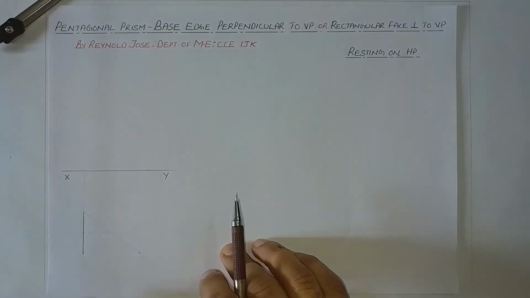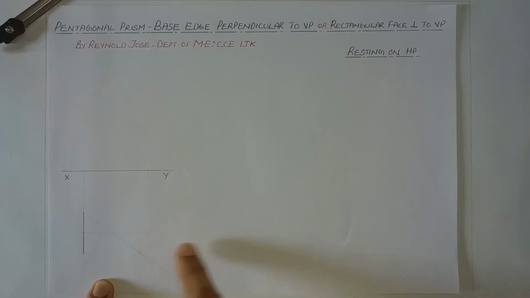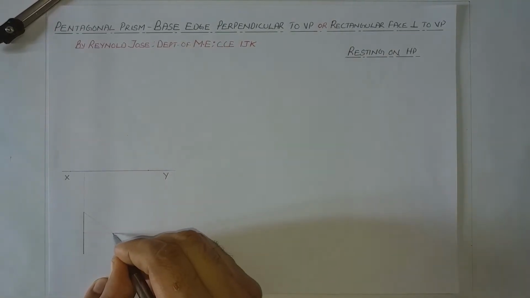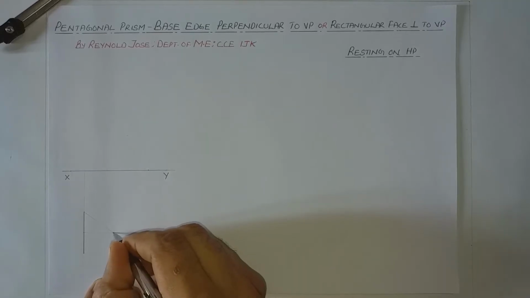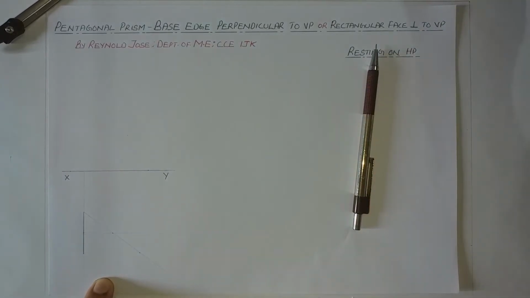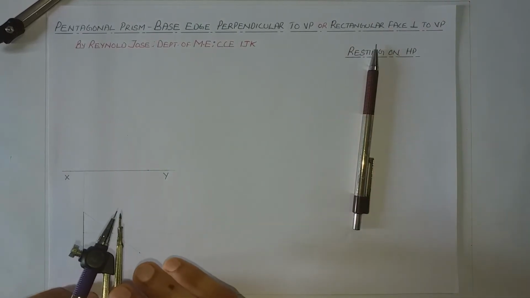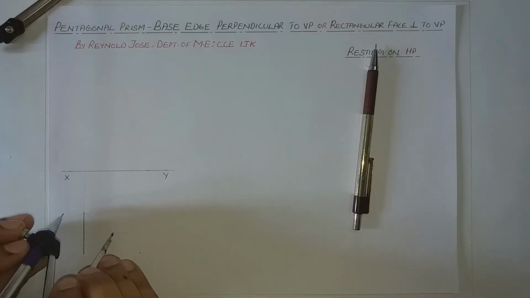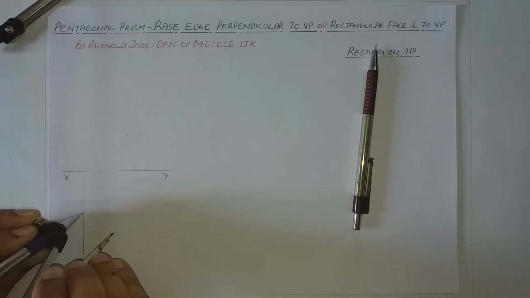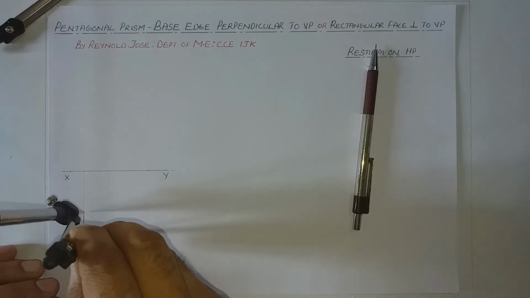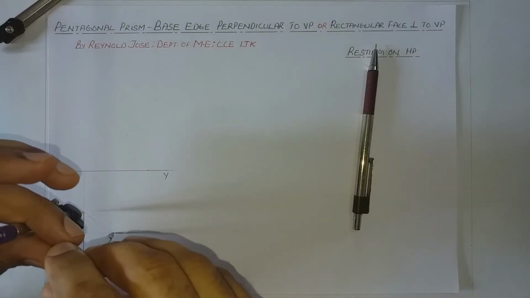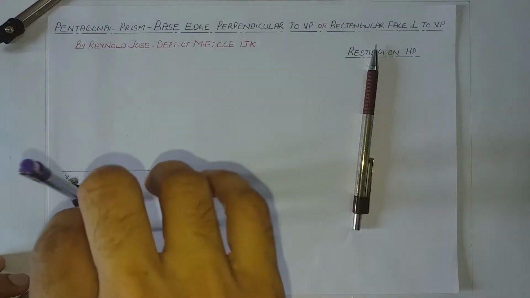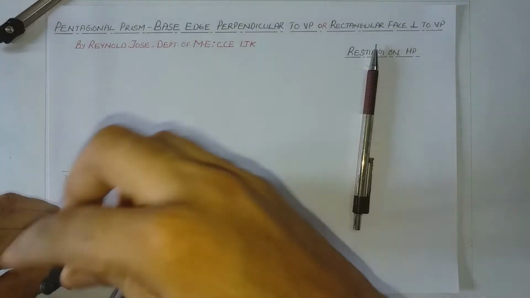Now we have a perpendicular bisector here, and a 54-degree line here. Here we have the meeting point of these two lines. From this point, using our compass, we shall take the measurement to one of the ends of the initial line. Take it in the compass and draw a thin circle. This is also a continuous thin line.